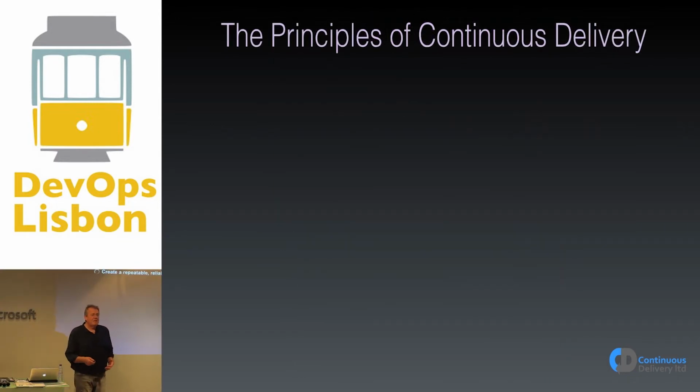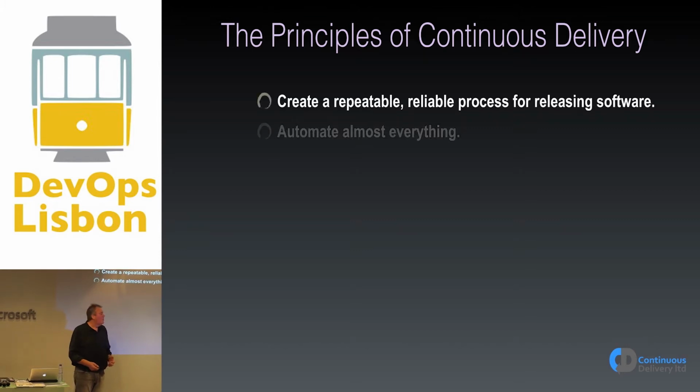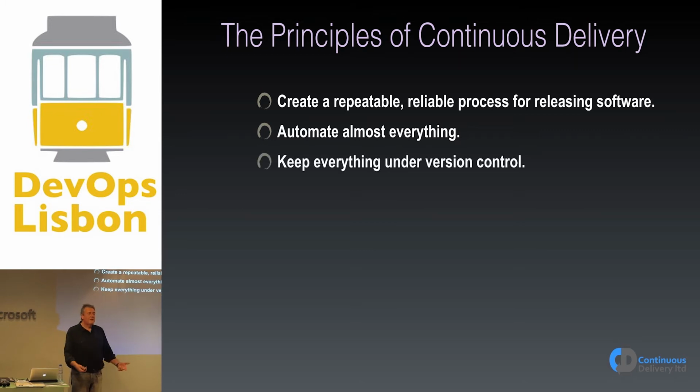So the principles of continuous delivery, again, we're still in revision mode. So we're trying to create this repeatable, reliable process for releasing software. So we want to automate nearly everything. And if we want to automate everything, we want to keep everything in version control, not just our source code,